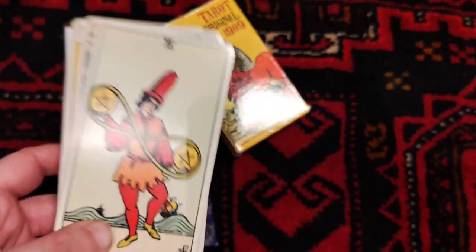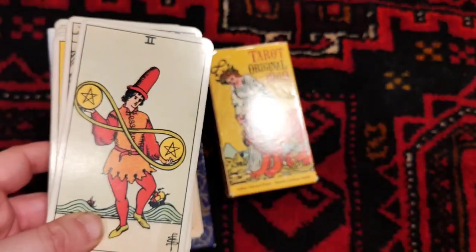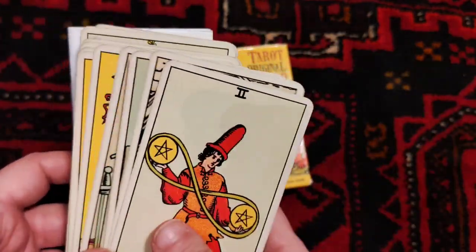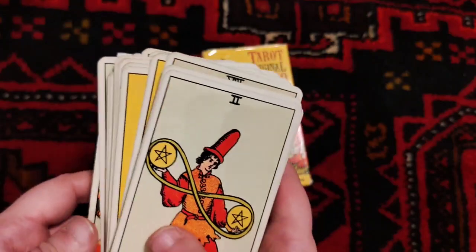So I'm keeping this deck not in its original package, but in this cotton bag. It's more convenient for me. And yeah, that's it